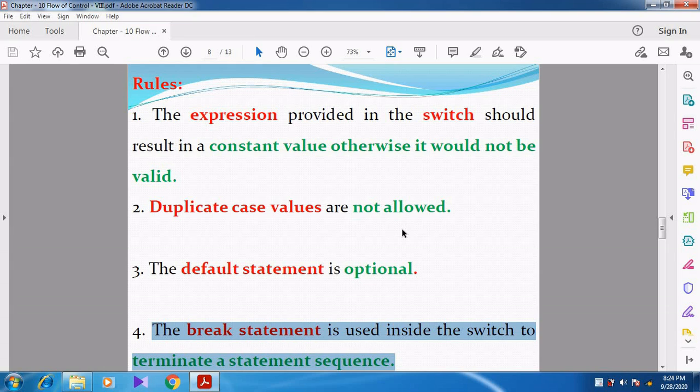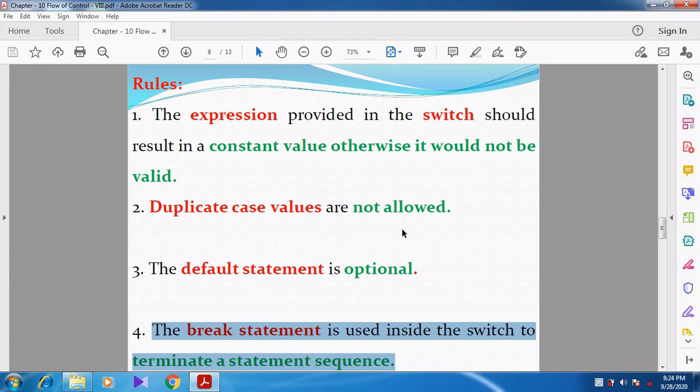broken. See, whenever we watch TV, sometimes they give a break. Why are they giving the break? Whenever some sequence is going on in a continuous manner, they want to take a break so that the particular sequence is stopped. Like that, you are going to execute some statements corresponding to the case, and then you are going to break the switch statement.